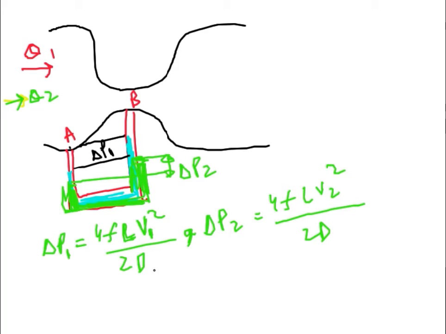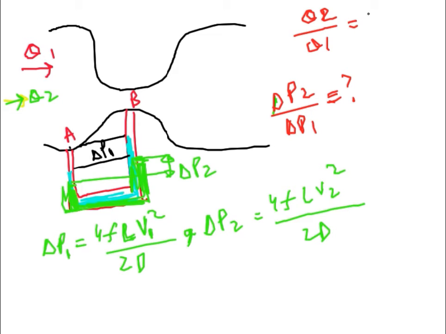In the question, delta P2 by delta P1 has to be found, and Q2 by Q1 is given,